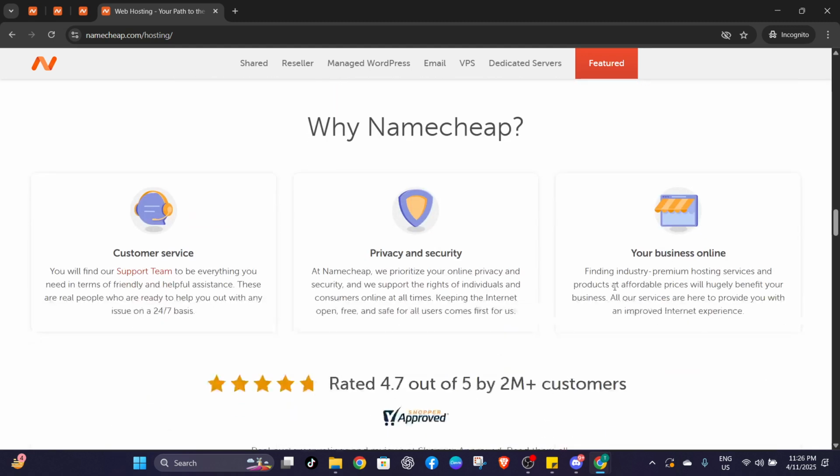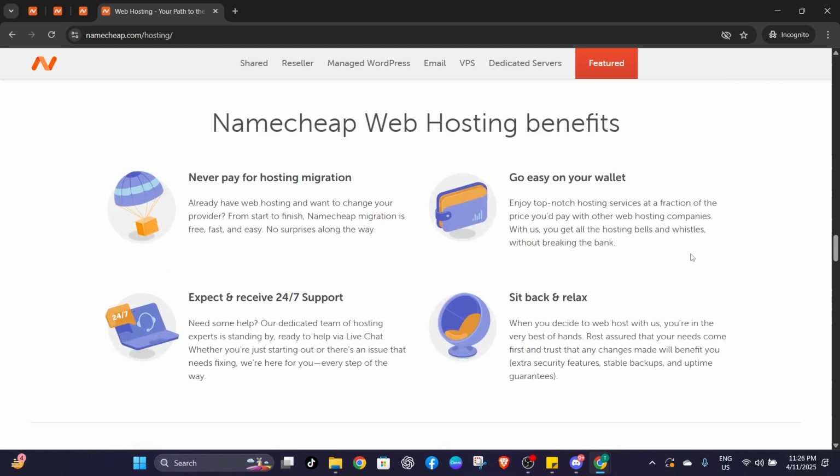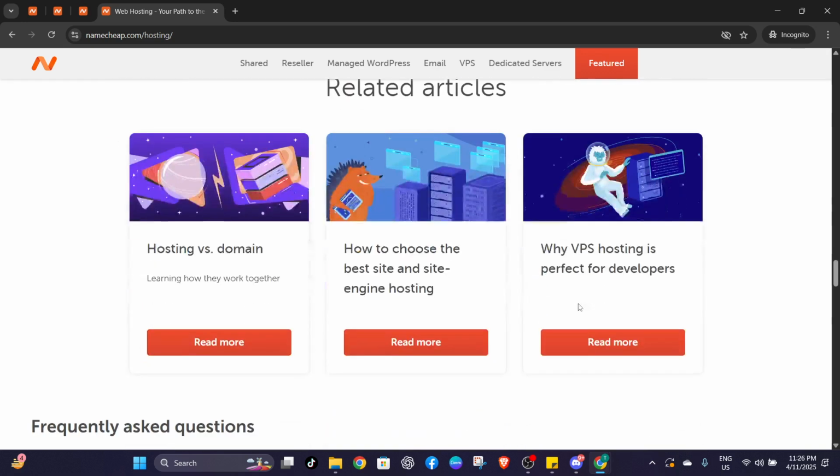If you're looking to create your website effortlessly, you might want to explore Namecheap's website builder. This tool allows you to create and customize your site using intuitive drag and drop elements, making it user-friendly even if you're not tech savvy. Explore the different template options, tweak them to fit your branding, and bring your website to life with a bit